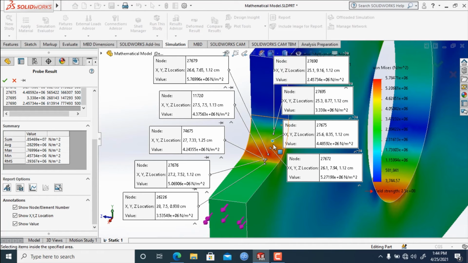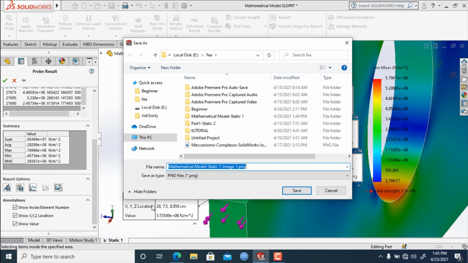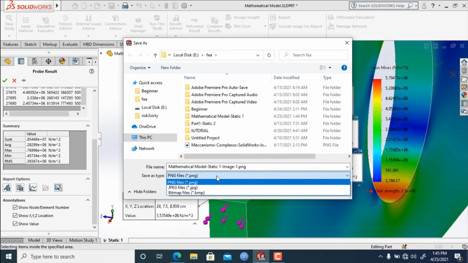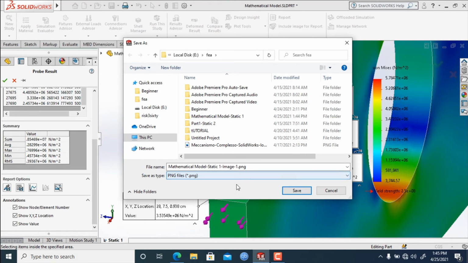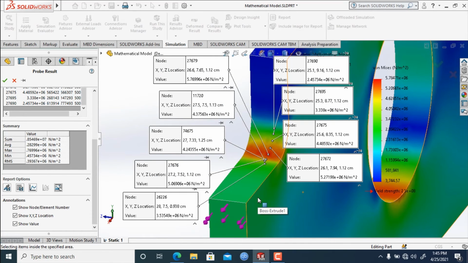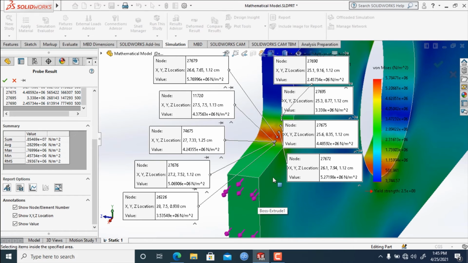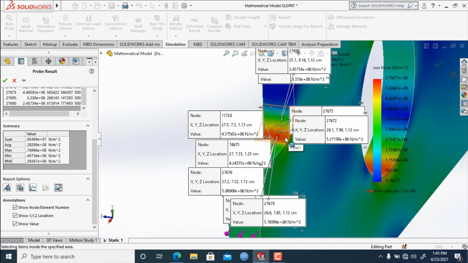If you want, you can capture the image of these points right here, click on save images, and it will take us here, and you can save it as PNG or JPG file in your required folder, and click save. So this is how you can create different types of results and use them later as your reference. So this is all about probe and creating different types of plots.